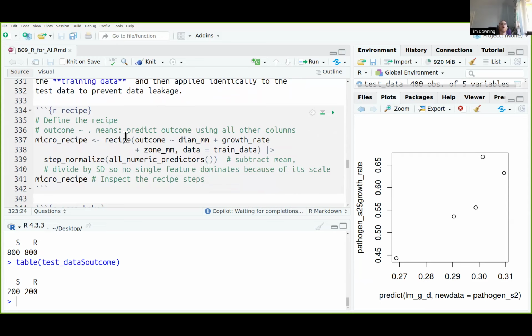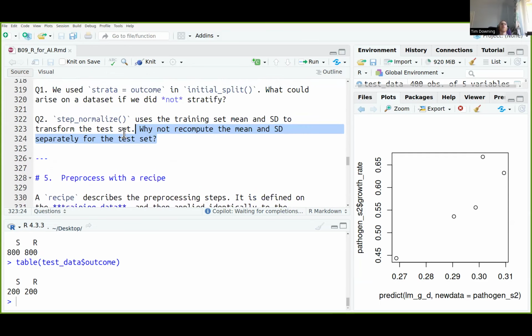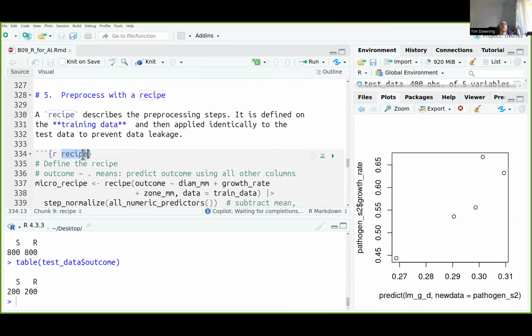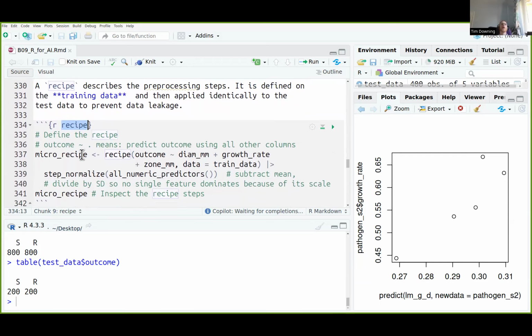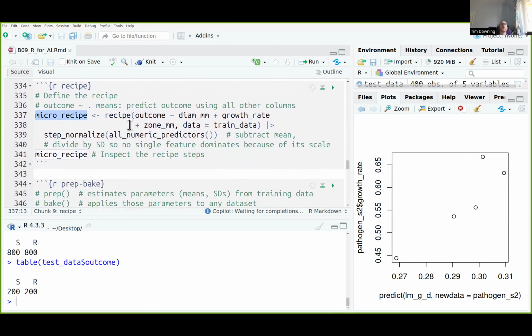Note also that we are able to use here the recipe function. So we're able to use the recipes package, creating a variable called micro recipe, where we predict the outcome based on the diameter, the growth rate, and the zone using the training data. What we're doing there is to step normalize all the predictors, which means that the levels, which are where we have the growth rate and diameter and zone, are all intrinsically different. We subtract the mean value from each of the values and divide by the standard deviation, so the scales of each of the